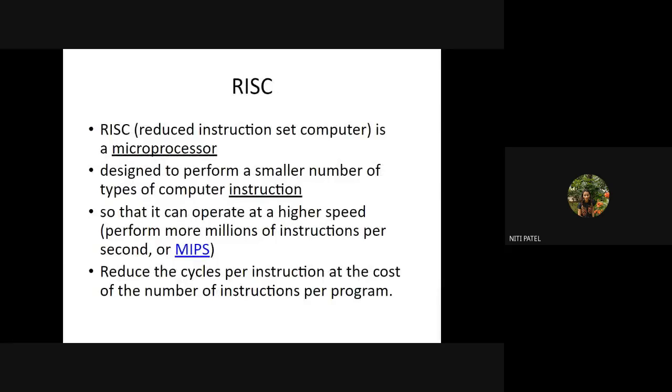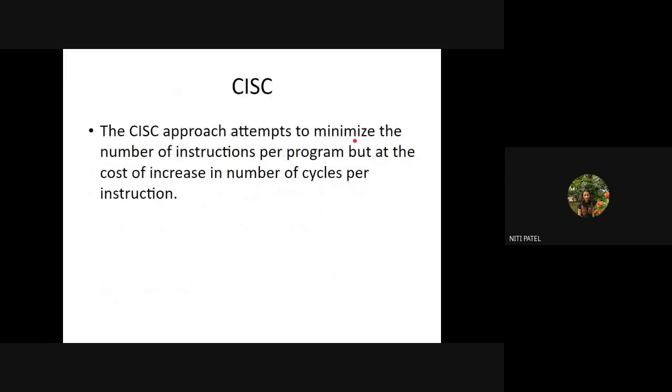Okay, so now we do the next topic, that is RISC and CISC architecture. Now, what does RISC and CISC architecture mean? They are nothing but processors, just like we have 8085, 86, 386, i5, i3, i7. Your RISC and CISC are also processors. What does RISC stand for? Reduced Instruction Set Computer. And what does CISC stand for? It is Complex Instruction Set Computer.